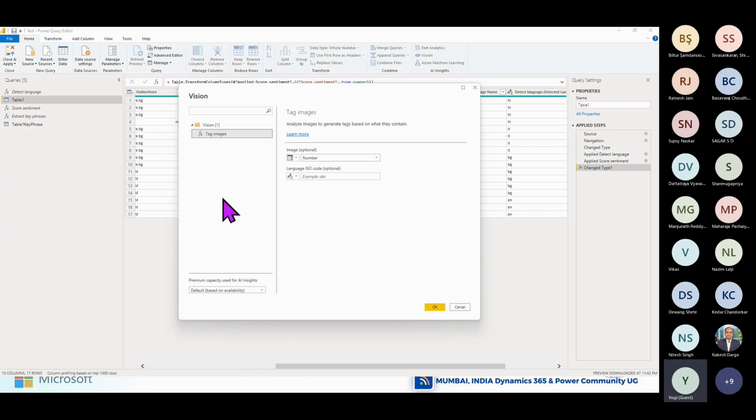In Azure Cognitive Services, I will show you, you can upload multiple images that your customer is providing. Headlight damage, windshield broken, scratch on the glass, all these tagging you can do. And then finally, you can call those services here using API. This tagging image will help you to understand the image data